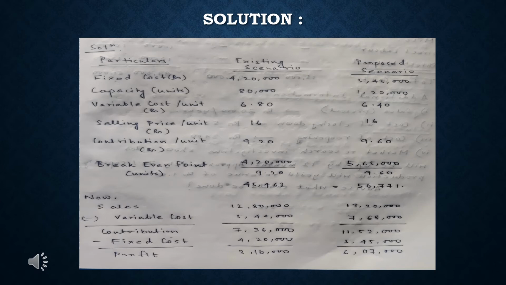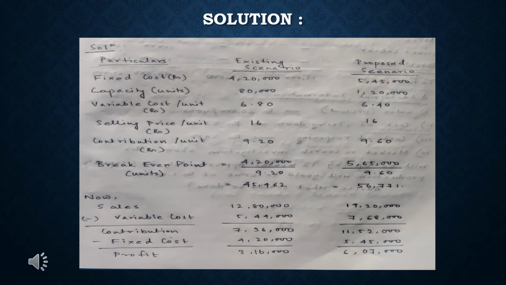at 3,16,000. If we do a similar calculation for the proposed scenario, where the sales will be 1,20,000 into 16, we get the figure at 19,20,000, and the variable cost figure at 7,68,000. Simultaneously, the contribution and the profit figures are at 11,52,000 and 6,07,000. From this figure itself, we can see that the proposed scenario is way better